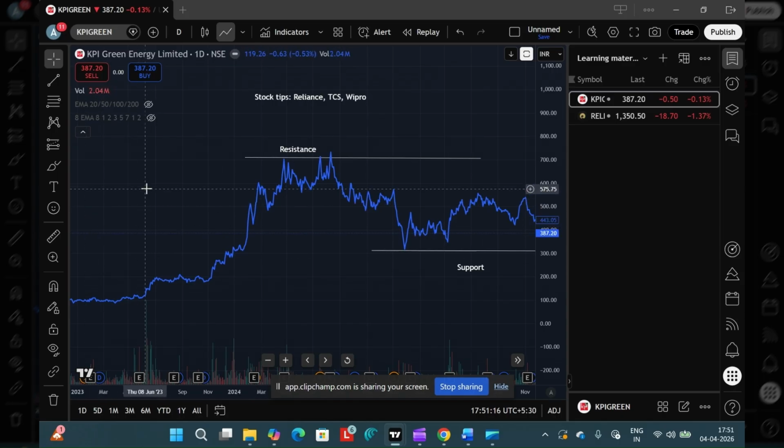Here is a very simple strategy which is known as the resistance and support strategy. As the name suggests, support says when the price is falling, it is taking a support at a level